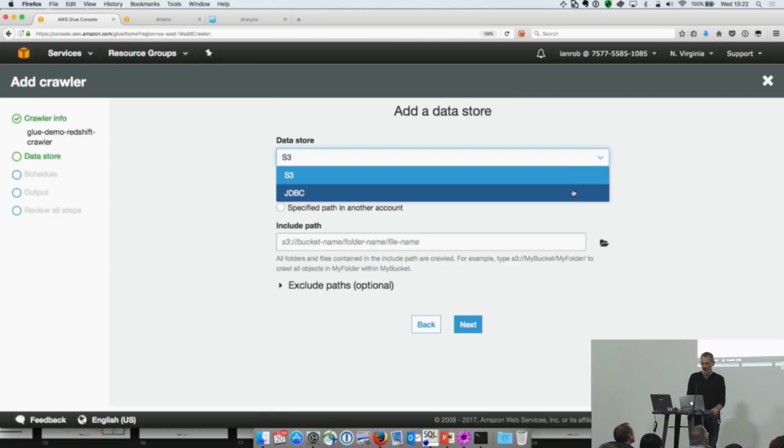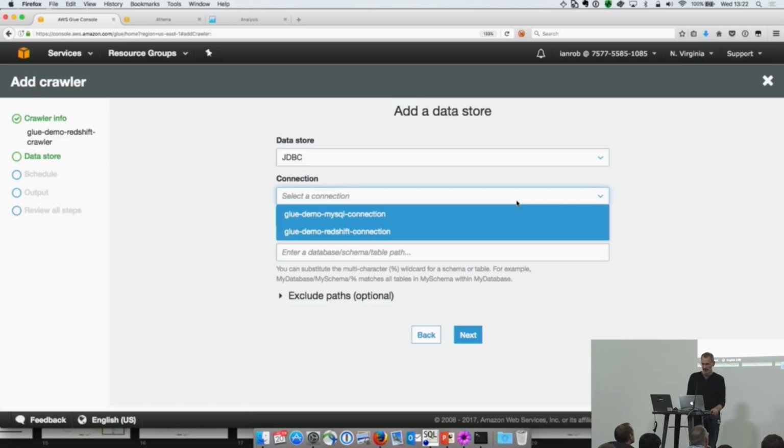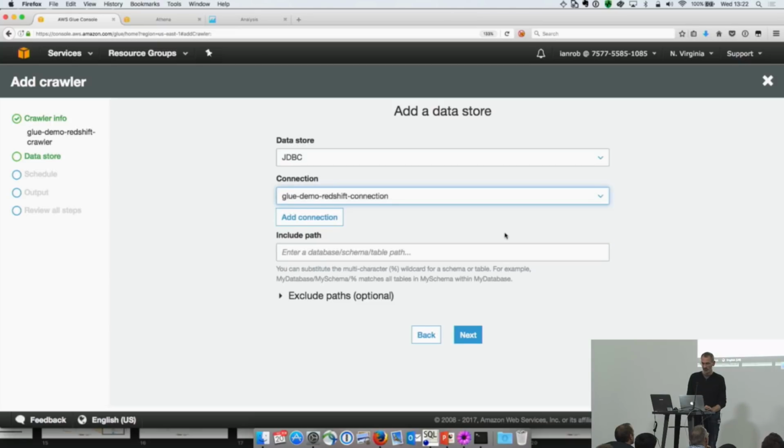I'm not looking for data in S3. I'm looking for data at the end of a JDBC endpoint. I'm going to select an existing connection, although again, through the wizard here, I could create a connection. And then I'm going to tell Glue about the path within that Redshift cluster that I want to search. I want to search a specific database. And it's the dev database, it's the public schema,